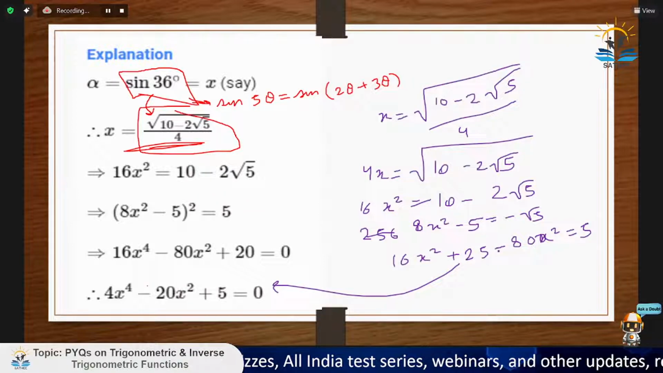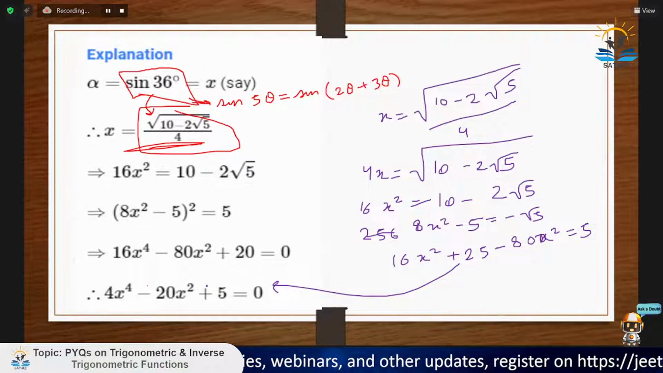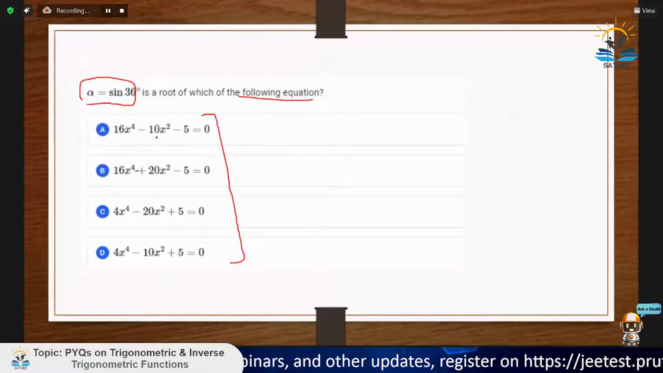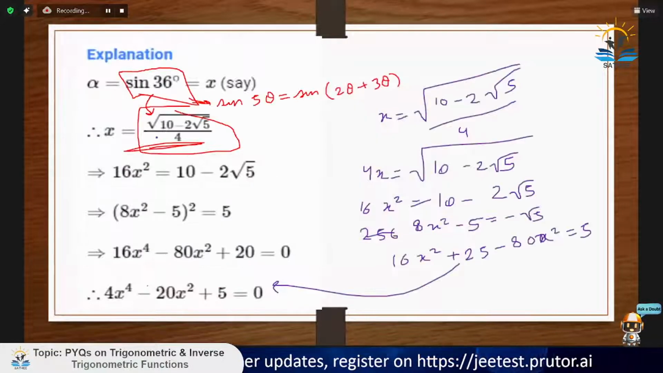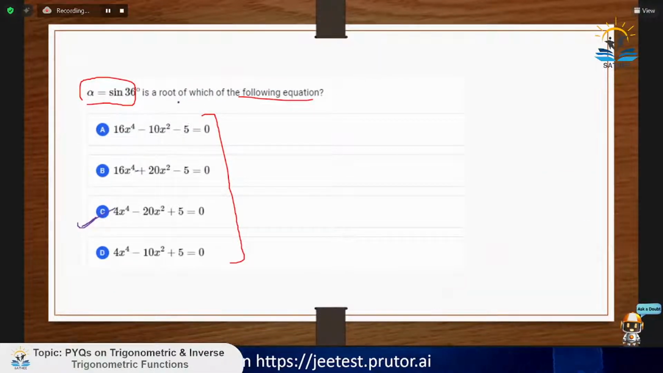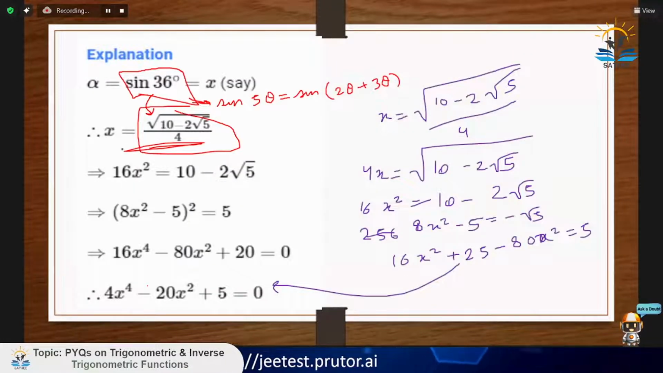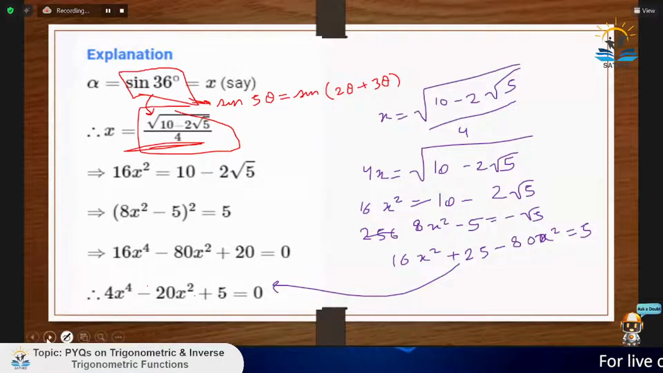Because 5 will come this side and this will become equal to 20. Then you can take 5 common and this is your final answer, which is I guess option number 4x power 4 minus 20x square plus 5. So this is your final answer. Okay, so you just need to know the value of sin 36 degrees. If you know this value of sin 36, then you can easily solve this question. Okay, so moving ahead,